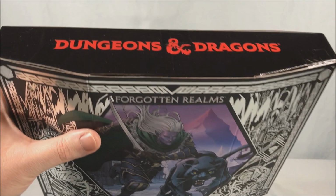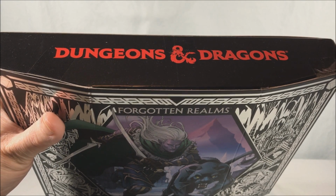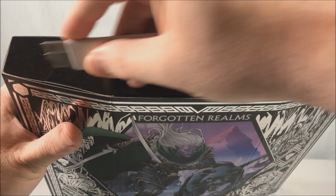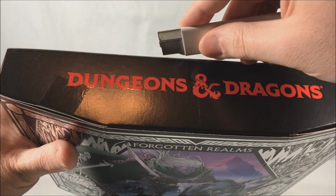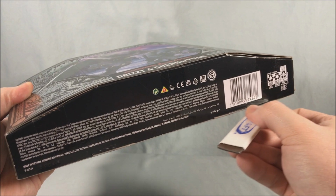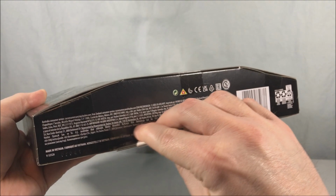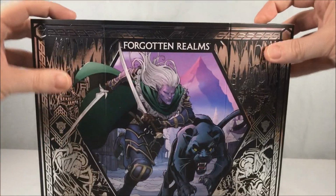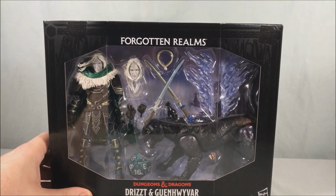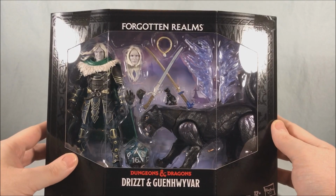Now it does look like this is a slip cover. So I'm going to try to open this up. How is this taped on here? Is it taped on the bottom as well? It is. A lot of tape. I don't know why it needs this much tape, I'll be honest. It's not like it's in a storefront or anything. It's just mailed to you. There we go. Okay, so here is the inside, and you can see the figures in a nice open...